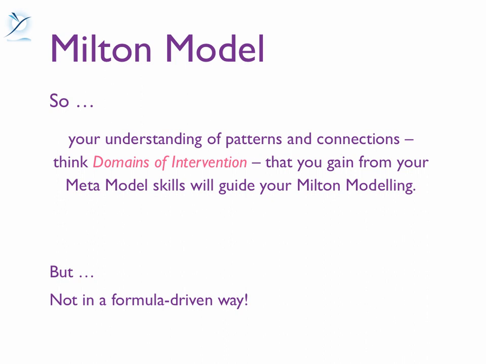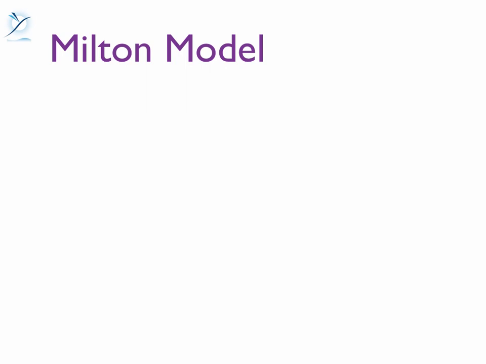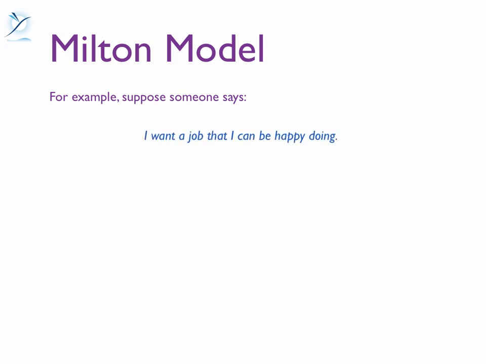Let's have a look at some of the thinking that might occur if we map across from the kinds of things that we might wonder about or think about or even just simply sense when we hear somebody utter a sentence like, "When I get that job, I'll be happy." And how could we turn that around to start to facilitate their unconscious in thinking along certain ways? Suppose, for example, someone says this: "I want a job that I can be happy doing." We could ask, note I've said we could, we don't have to ask these specific questions, but we could ask these things.